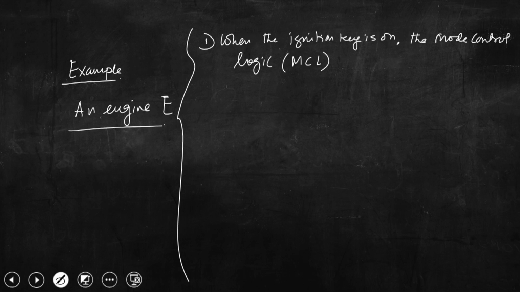I will be using the word MCL henceforth, because I need to write these three words frequently. So, when the ignition key is on, that means we have started the engine, the mode control logic automatically selects an engine start control scheme,